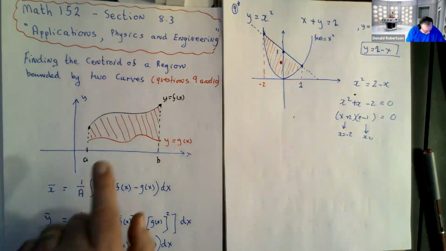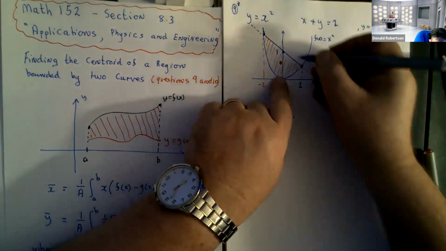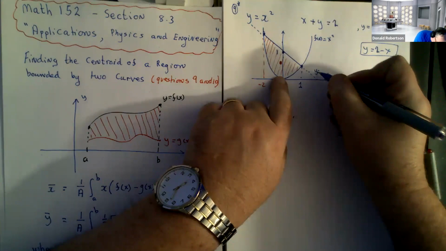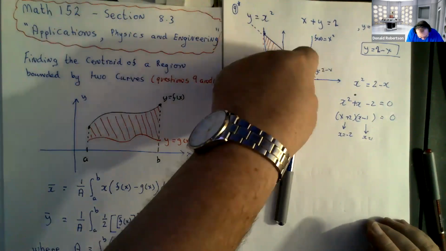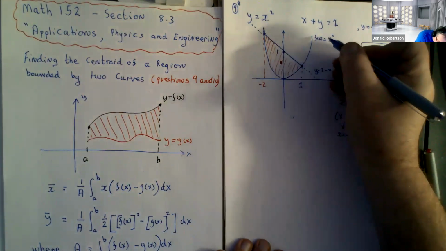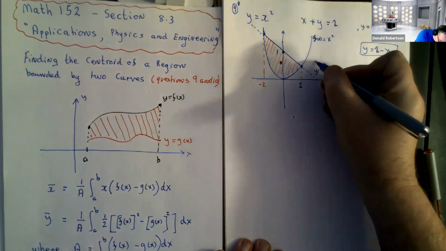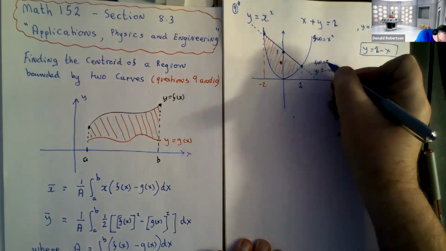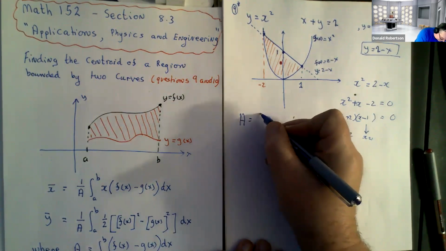So we've got our shape. We have identified that y equals this straight line, which is y equals 2 minus x, is clearly the higher of the two. The curve is low down, the straight line is above it. So technically, I shouldn't be calling that f of x at all, and I shouldn't be calling this g of x. I should call this one f of x. So the area is the integral